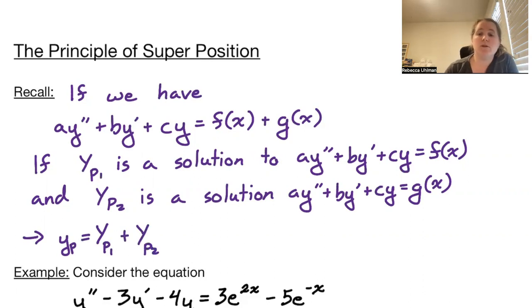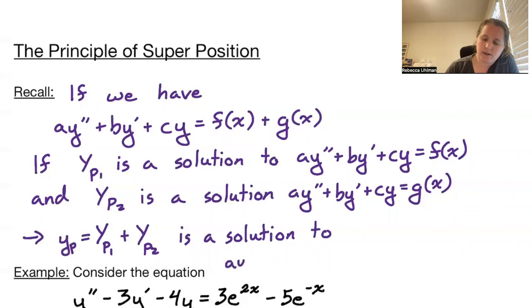This is a solution to the original equation. So this is a solution to ay double prime plus by prime plus cy equals f of x plus g